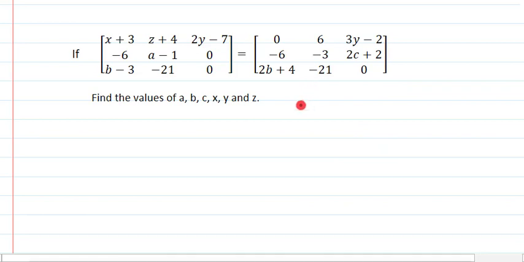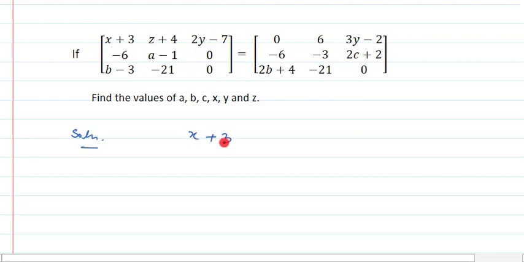Let us take one problem in which we will use the equality of matrices. Here two matrices are given to us, which are equal. We need to find the values of A, B, C, X, Y and Z. That means all the variables that we can see in the question, we need to find these values by using equality of matrices, because these two matrices are given equal. So according to the concept of equality, we have